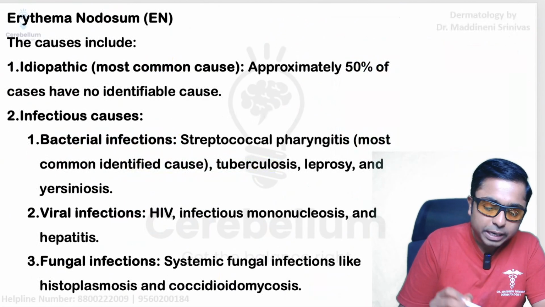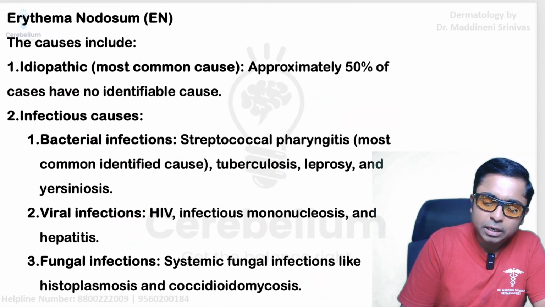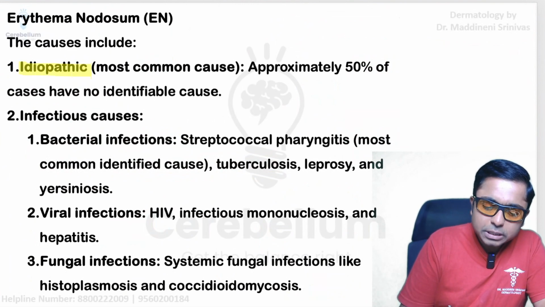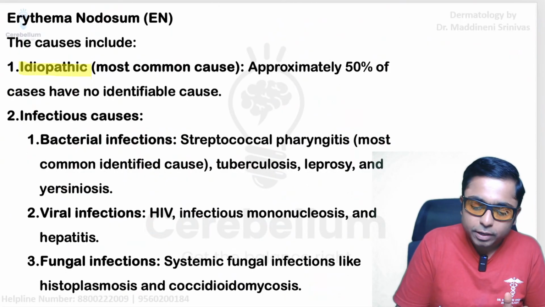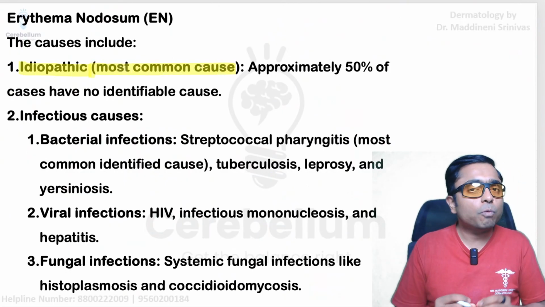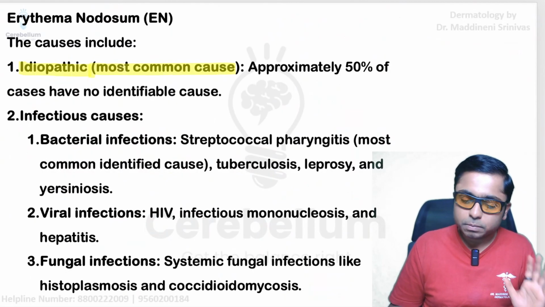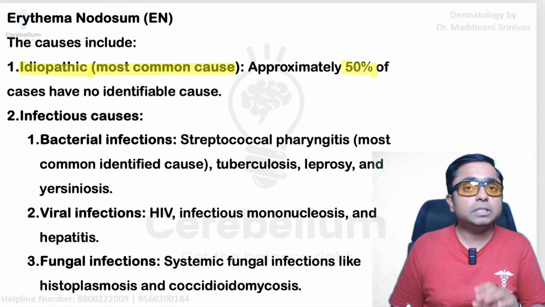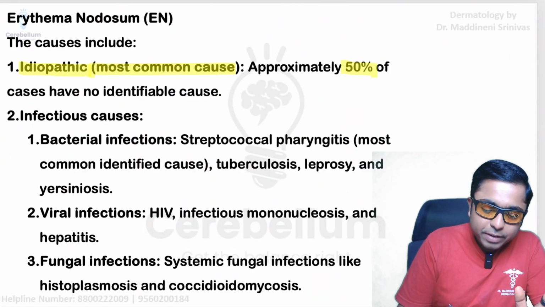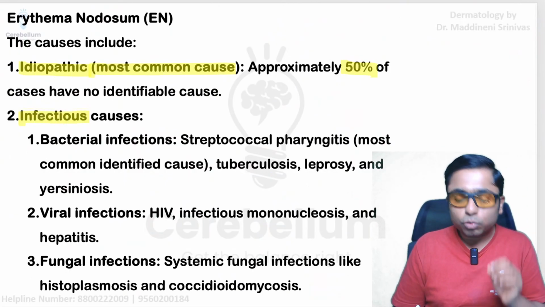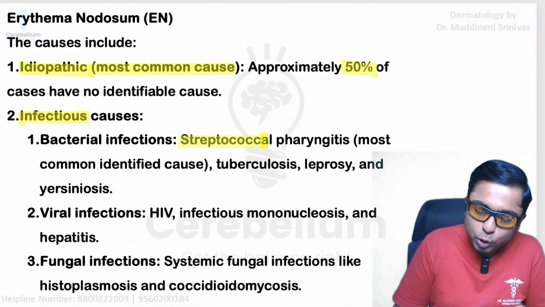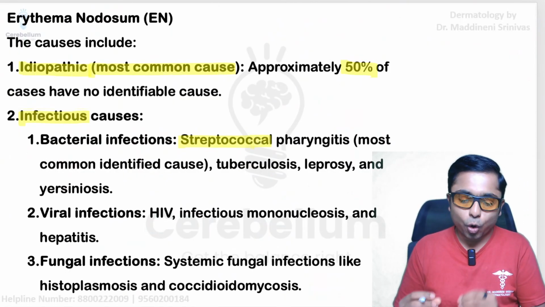What are all those various antigens? Okay, the causes: mostly erythema nodosum is idiopathic. Idiopathic means we cannot identify what is the reason or what is the antigen associated with erythema nodosum. Approximately 50% of the time it is idiopathic. And we have next infectious causes, out of which you should remember streptococcal pharyngitis is the most common identified